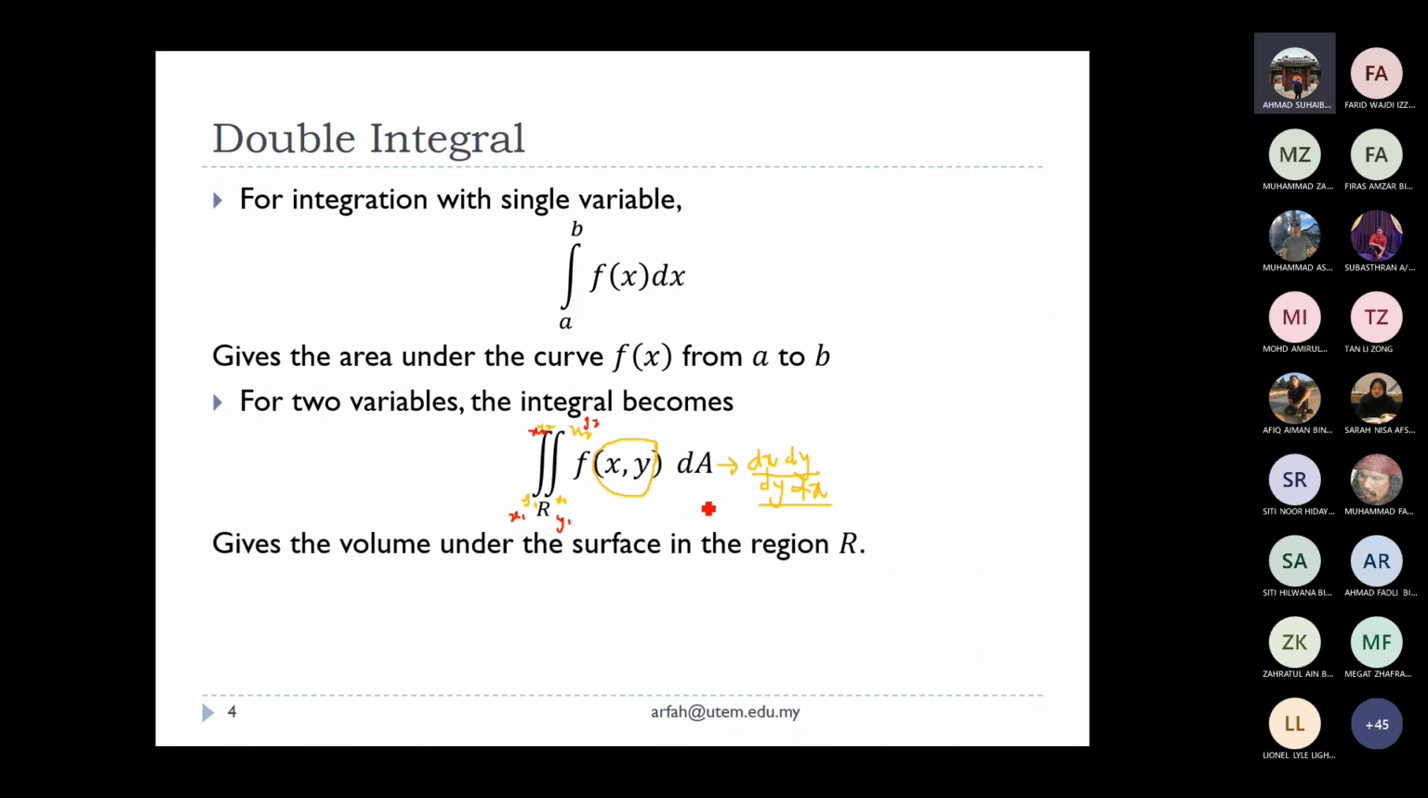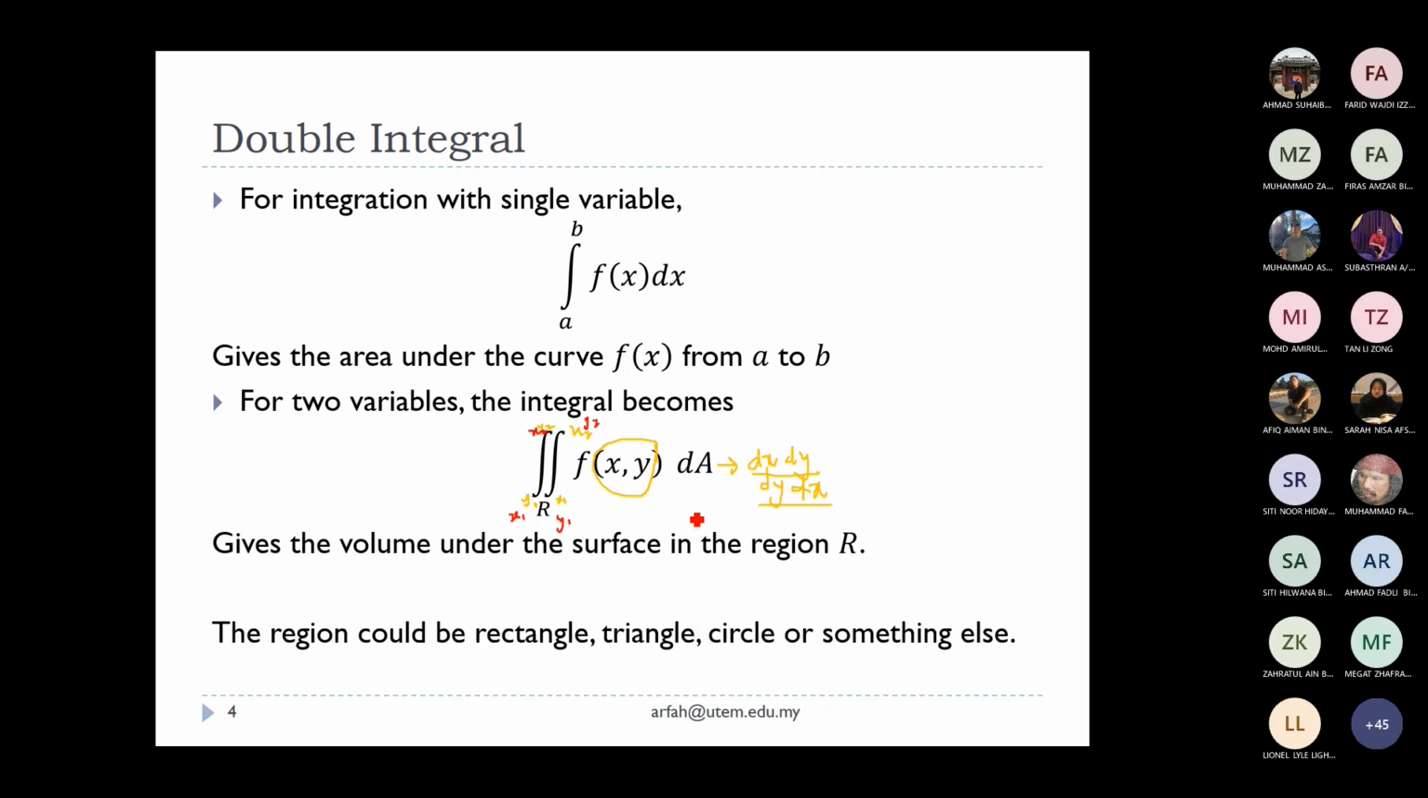Humble. Okay. So the hasil of the integration will give you the volume under the surface of region R. Later on we will see what it means by the volume under the surface in the region R. Okay. So the region could be a rectangle, triangle, circle or any other form of solid that we are interested in. So dapat ini? This is about double integration. So next on,